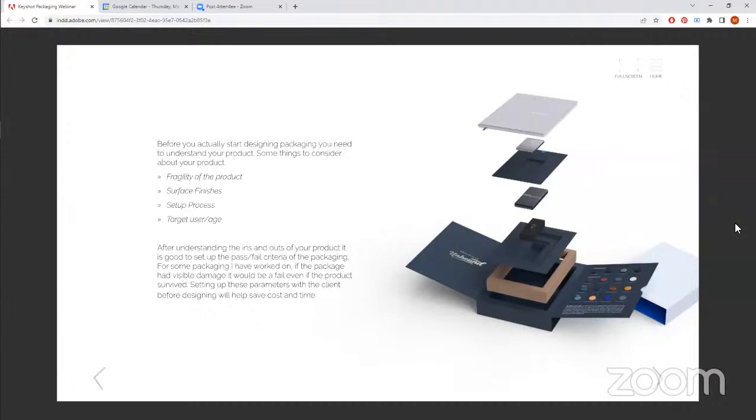Also surface finishes. Some products you don't want to touch the package, and there are other areas where it can touch the package. Like I was saying, with screens or lenses, you want to avoid having contact with the package, so you avoid abrasions. The setup process, and by this I mean you buy a product, and especially with consumer electronics,